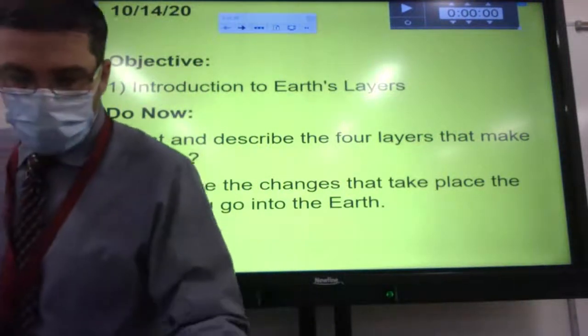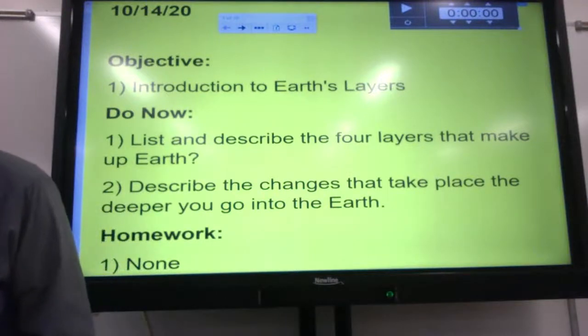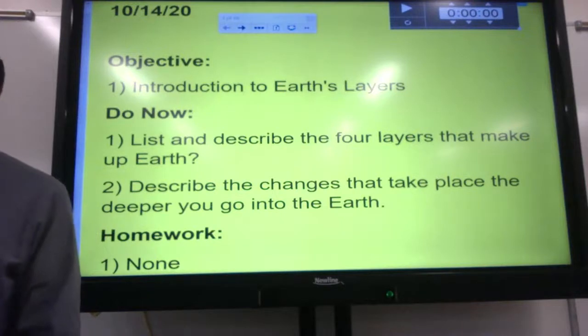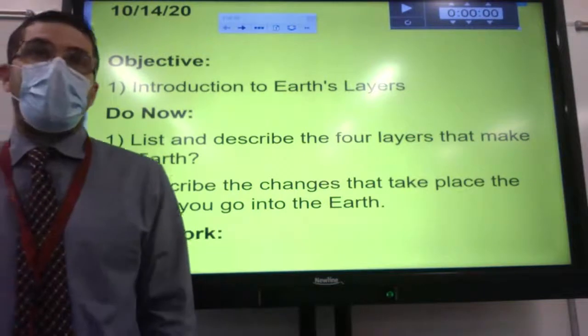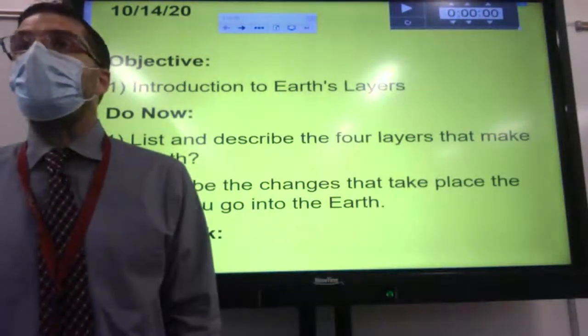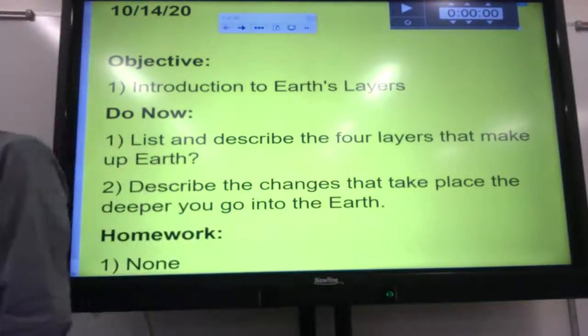Joffer. The what? What core? She just described the outer core, so you would be describing the inner core. Yeah, it's a solid ball of metal, again, iron and nickel, and the only reason it is solid is because of the high pressure at that point. Good. All right, so